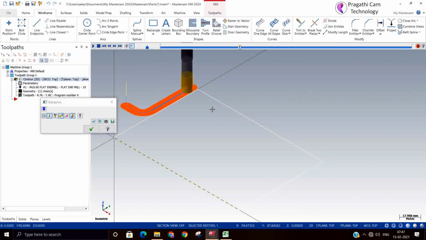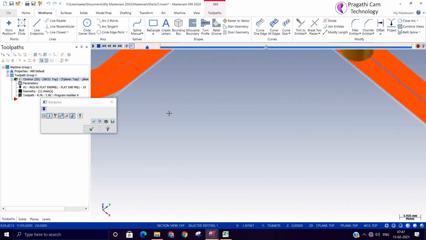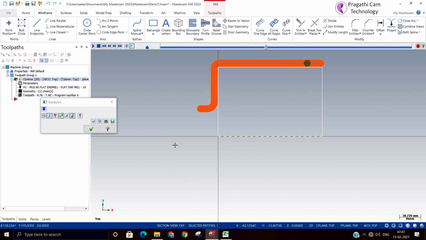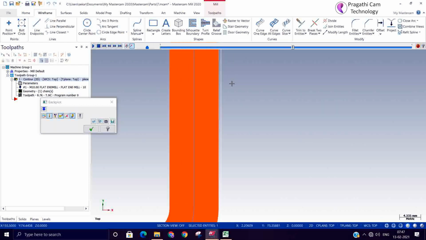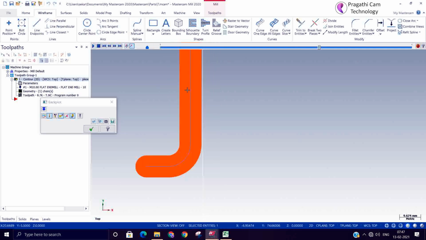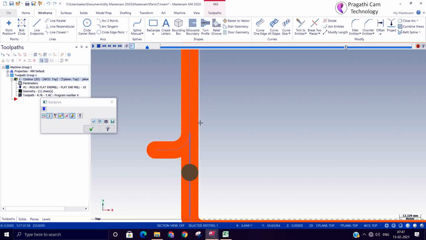Now you can see from the top view, this is the 1 mm stock on the wall. I zoom in and show you. This is the stock to leave.